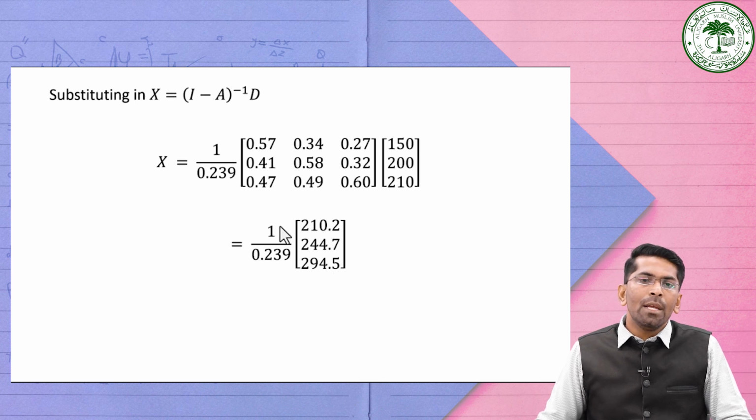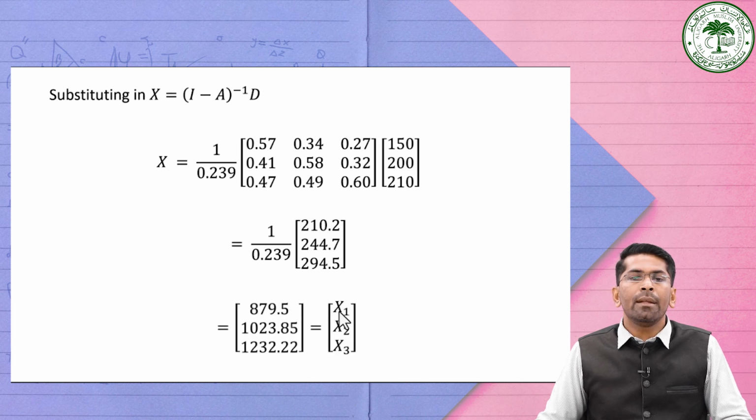Now we are going to multiply 1 by 0.239 into every element of the column vector. If you multiply it, it will produce 879.5, 1023.85, 1232.22. This is the final output. That is, x1 is equal to 879.5, x2 is equal to 1023.85, and x3 is equal to